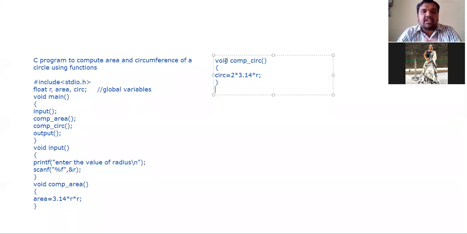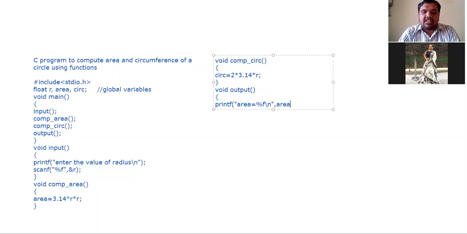So we are now interested in displaying the result. So now what is the last step? The control moves to the output function. So the output function will be called. What are you supposed to do? Declare the output function. Function declaration, output. So printf area is equals to %f, comma, where exactly is it present?